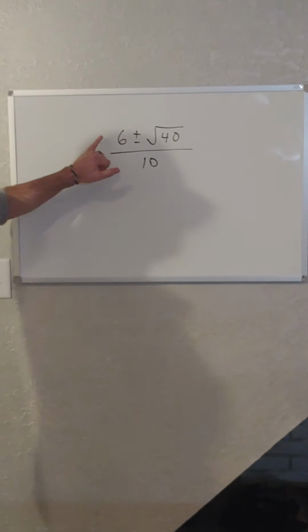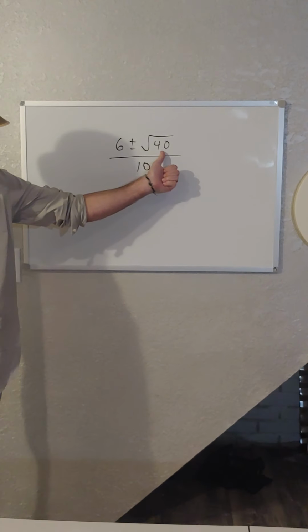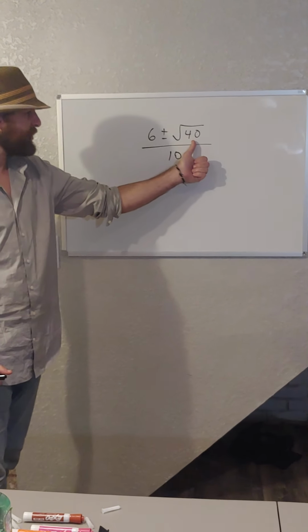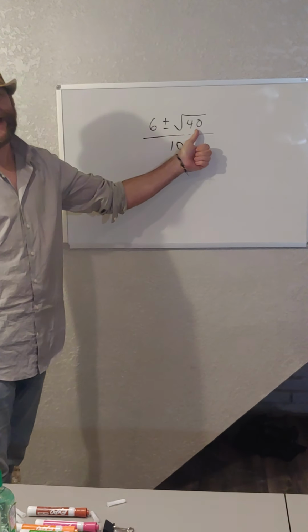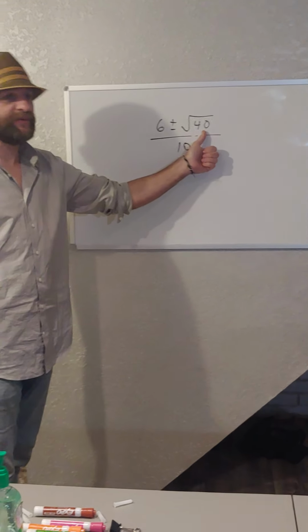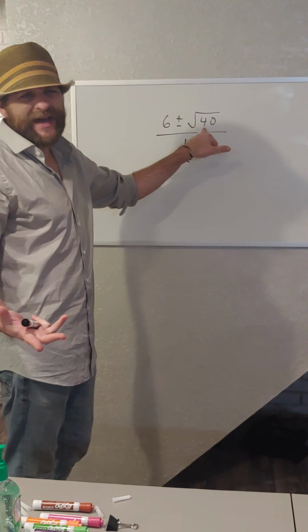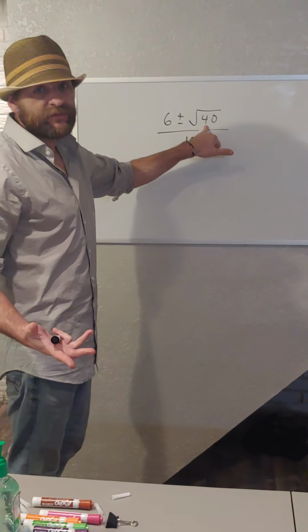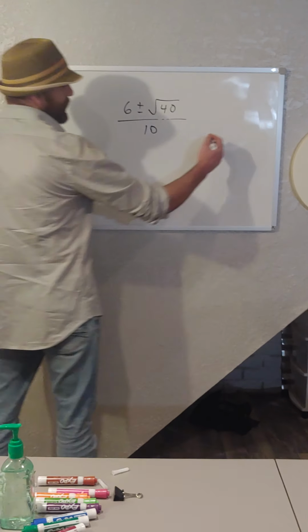Okay, occasionally you'll put this in the quadratic formula and something like this will happen. The ones we previously practiced would come out to be a perfect square, like the square root of 9, which is 3, or the square root of 36, which is 6. This one's kind of ugly because we don't know off the top of our head a number times itself that equals 40. So if this happens, what you're going to do